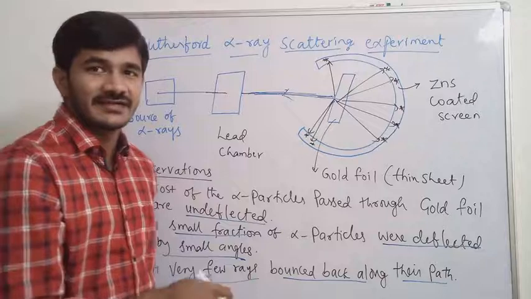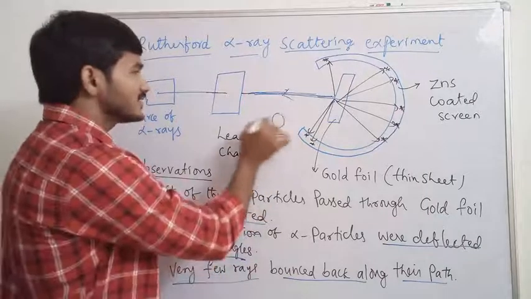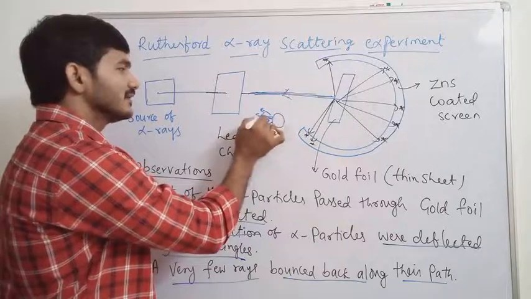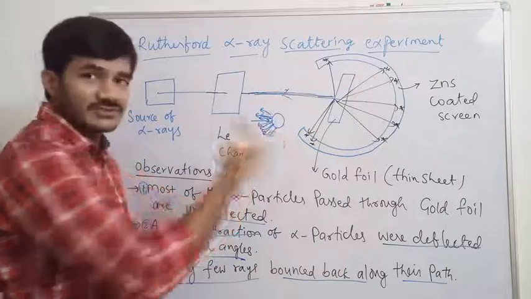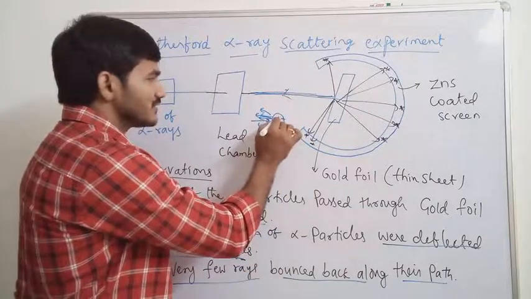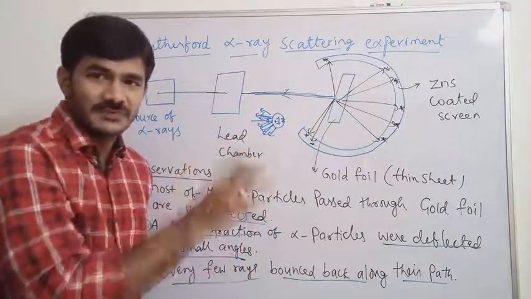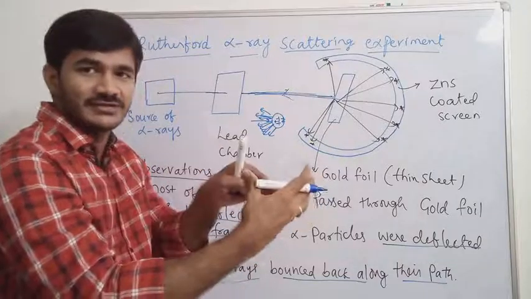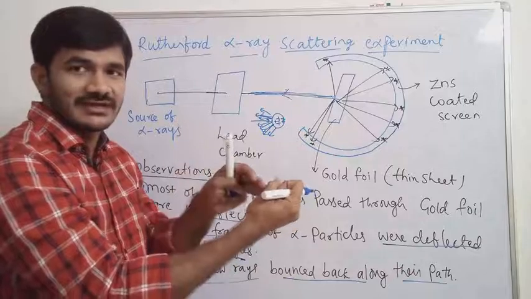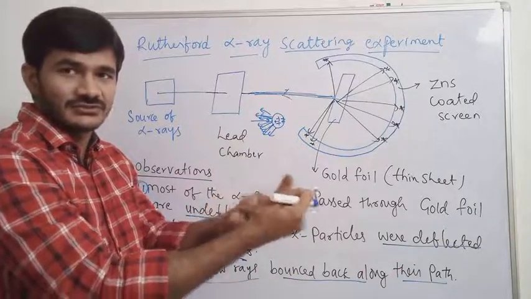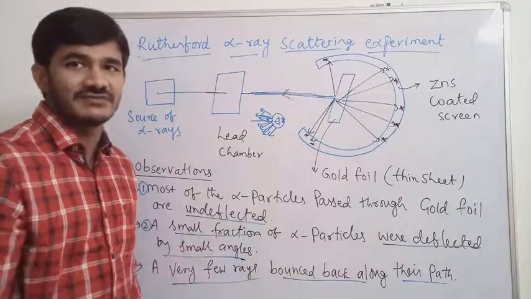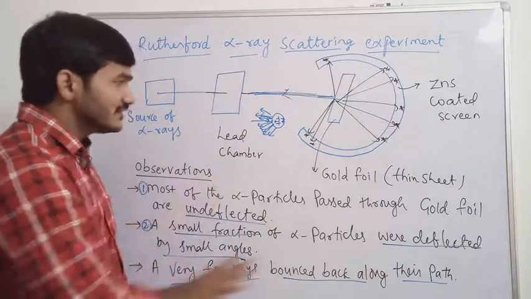What he expected was that when I pass the alpha rays, most of the rays will come back, they will give deflections, they will not pass through the atom. Because Thomson said that the total space is positive charge. When the total space is positive charge, alpha rays cannot pass through it because alpha rays are positive. The atom also has total positive charge, so they should repel each other, they should deflect. But he observed different, unexpected observations. So based on these observations,